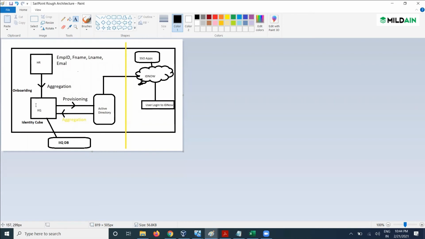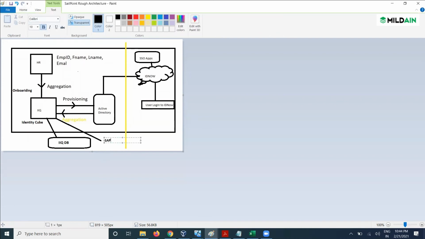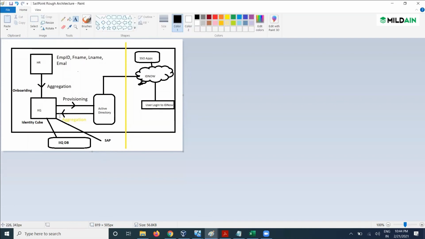Now suppose the user records are there in IAQ. What IAQ can do is provision the user records to different target systems. Different target systems could be anything, like Active Directory that we have in this architecture. We can have any other application like SAP, or various third-party applications where we can provision the user records.